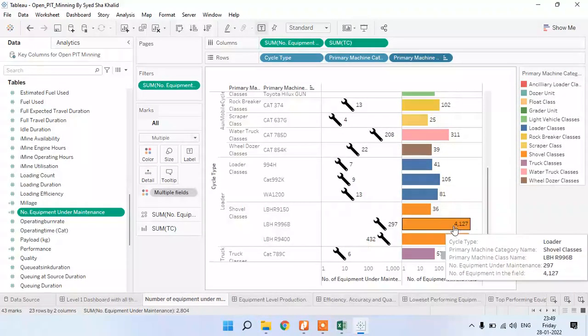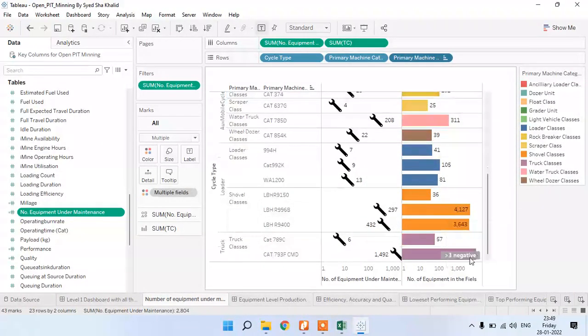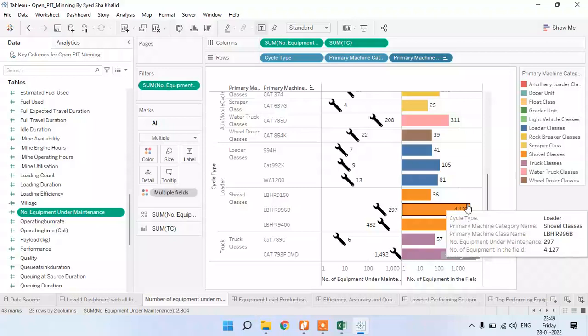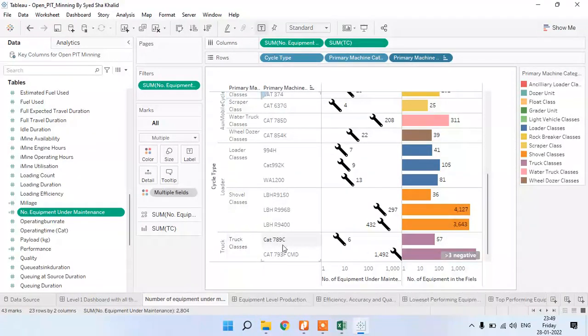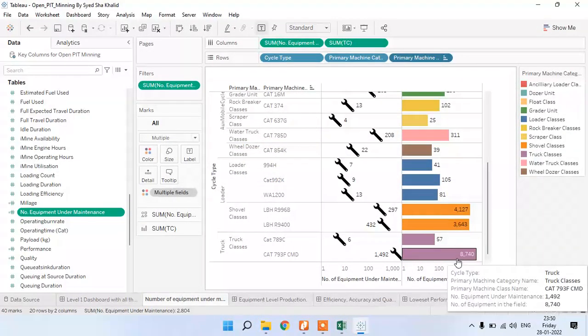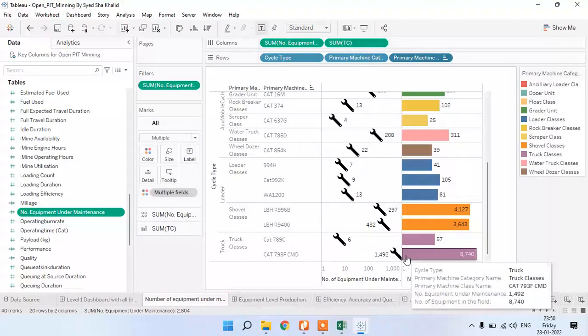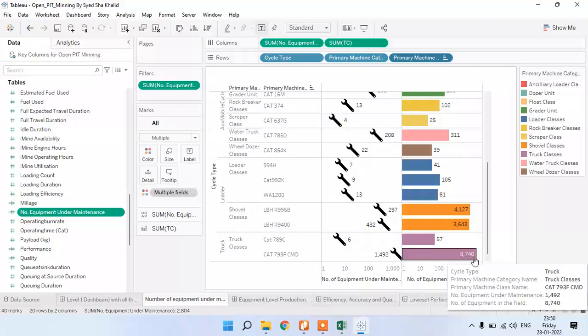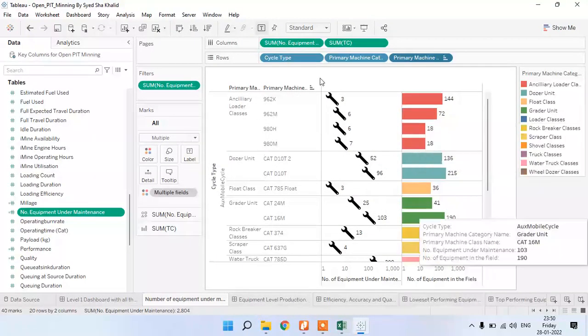The highest is in the loader type, the shovel class, where 4127 machines are there. In the truck cycle, the CAT 789 truck is here, and like that CAT 793 FCMD, that is 8740 trucks. Like this I have plotted this one.